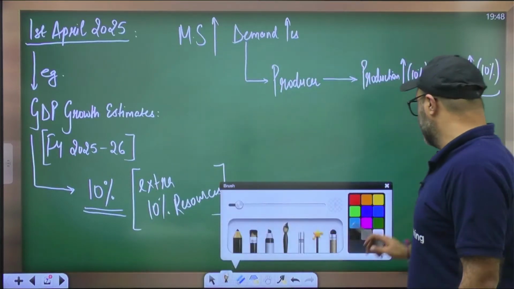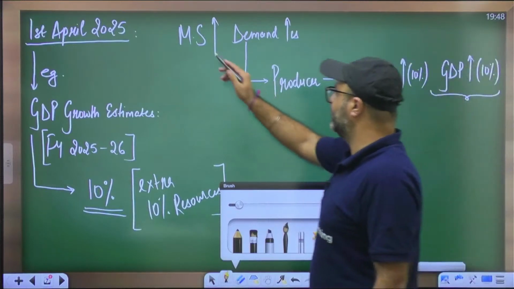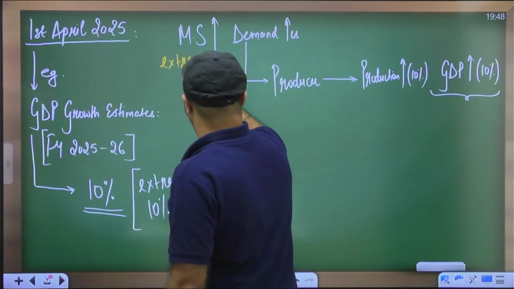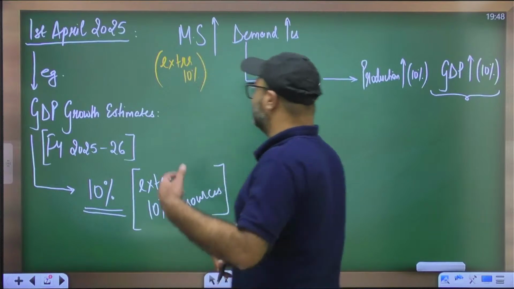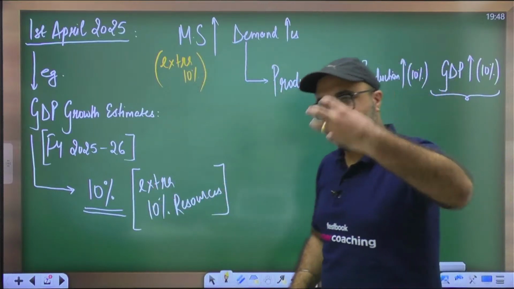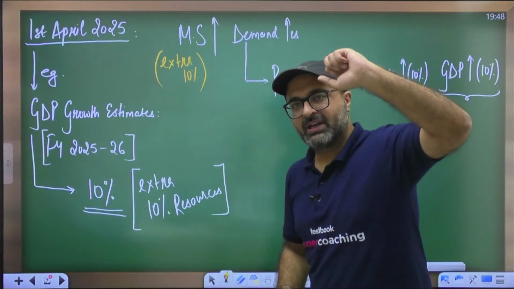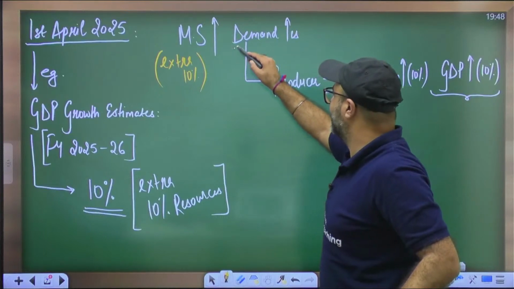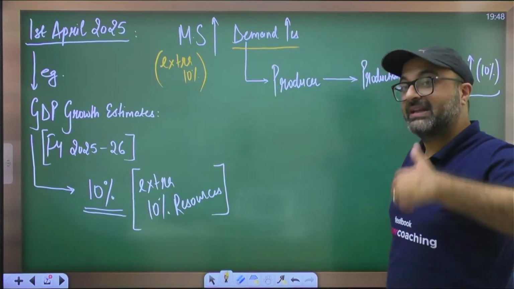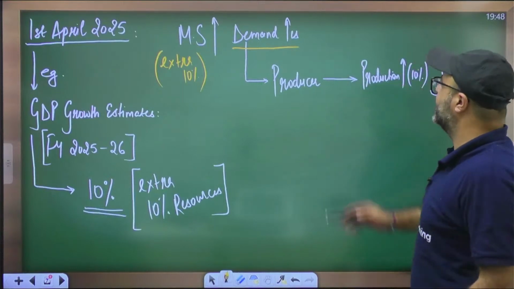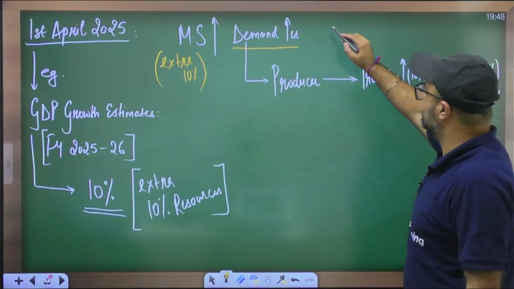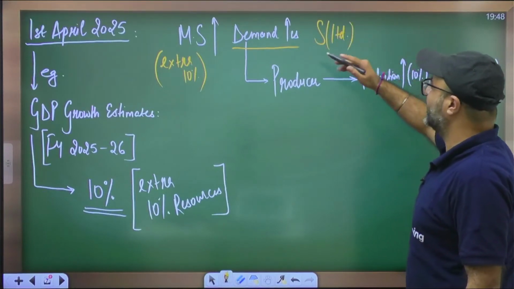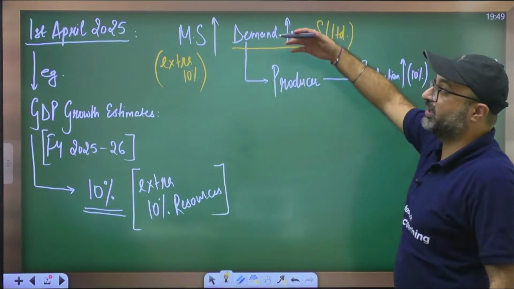Please pay attention. Keeping this target in mind, RBI will print extra 10% currency. The moment RBI prints 10% extra currency, money supply in the market will increase by 10%. The moment money supply in the market increases by 10%, it will result in increase in demand by 10%. The moment demand increases by 10%, not simultaneously, because production takes time. If I assume that production is not increasing at the same rate, or not as fast as